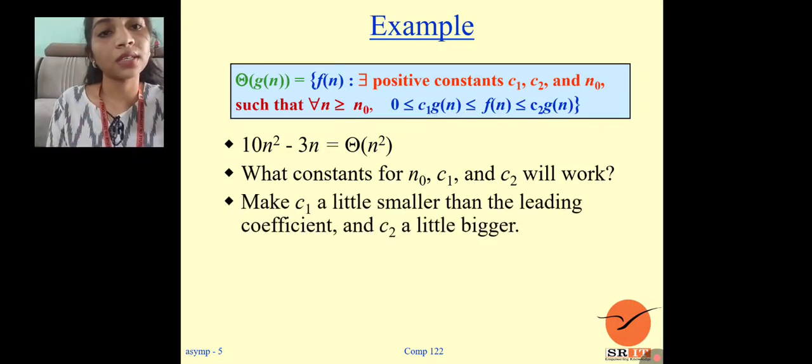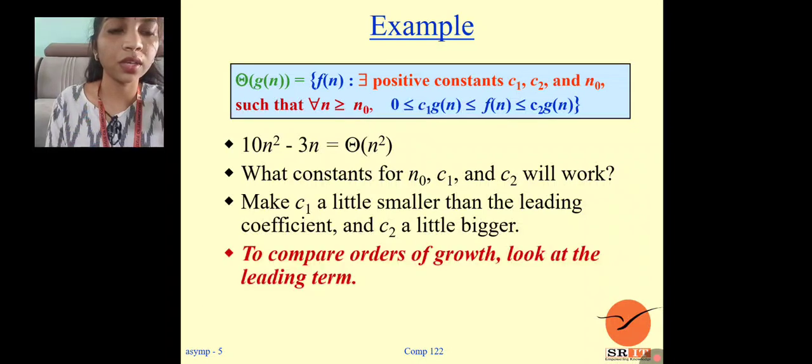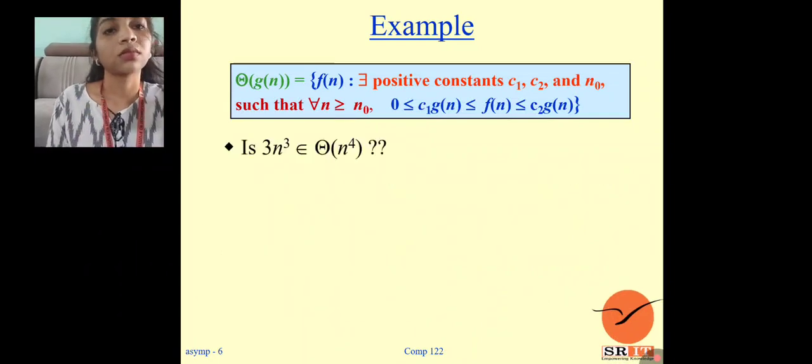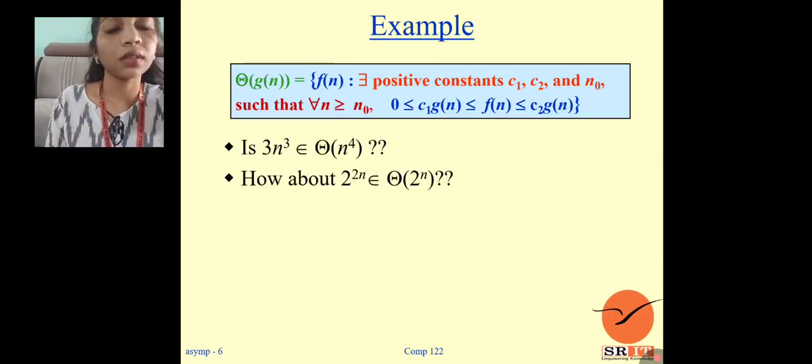10 n square minus 3n is theta of n square. What constants c1 and c2 will work? Make c1 a little smaller than the leading coefficient and c2 a bigger. To compare order of growth, look at the leading term. So in the example, 3n cube